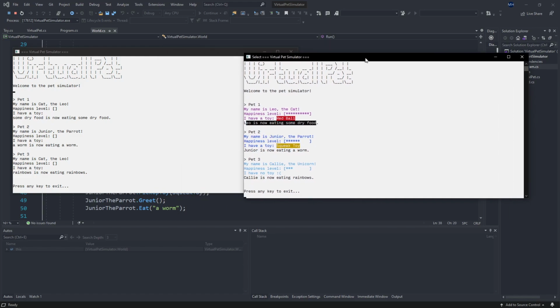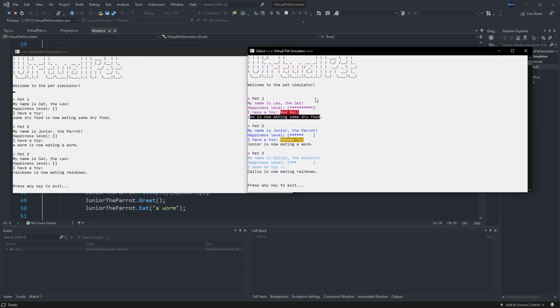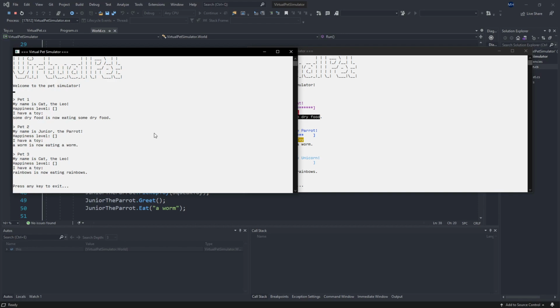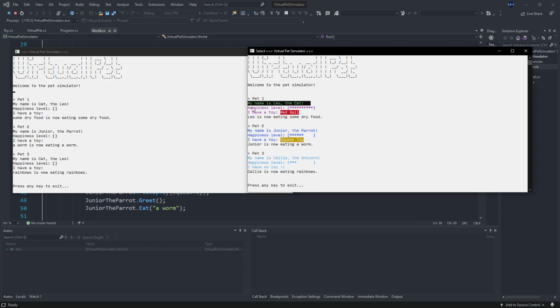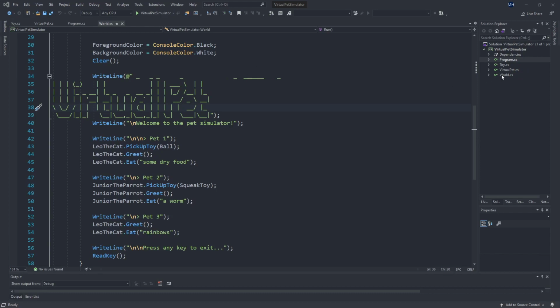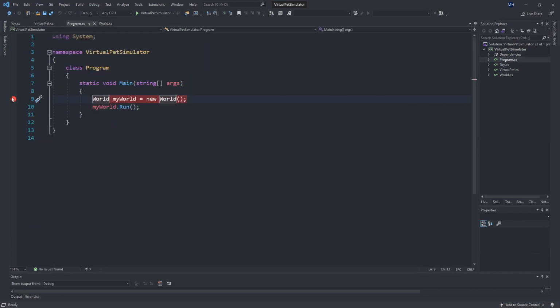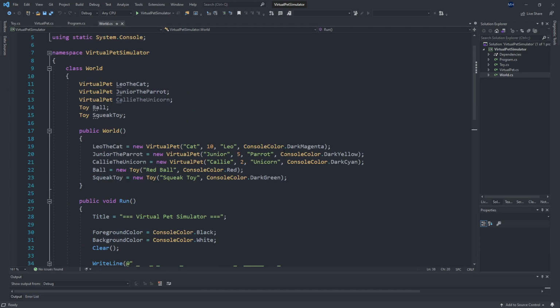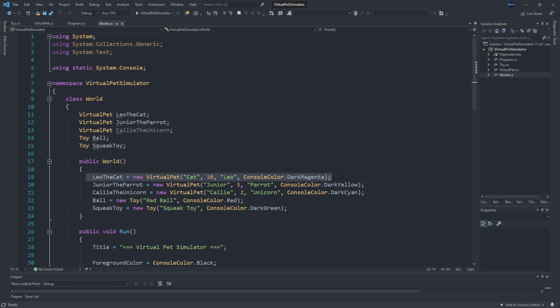So the process of using the debugger for this is we're going to try and identify where the problem is, put a breakpoint there, and then watch some of the code execute. So the first one we can solve is just this first line. My name is Leo the cat is coming out as my name is Cat the Leo. So it's perfectly fine if we wanted to just watch the whole thing by having a breakpoint here, but if we have a suspicion of where the problem is, we can put our breakpoint closer to the source of the problem. So here, I know something is going wrong with Leo, so I'm going to start here